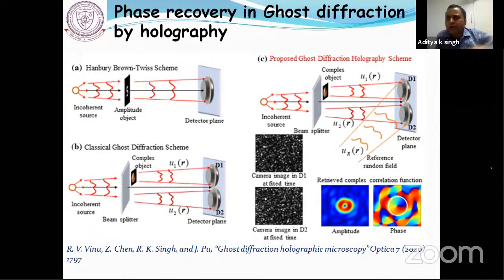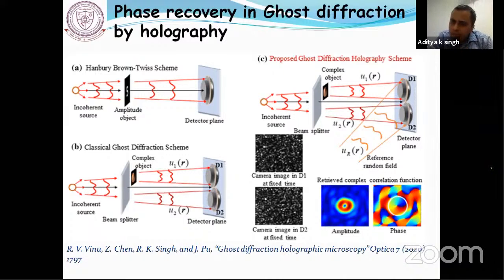This technique will not offer the phase information of the object. So we will not be able to say what the topological charge of the vortex is, or what the mode number is. Okay, what is the azimuthal mode? I'm talking about azimuthal. You can also extend to the radial mode, but here I'm just concentrating on the azimuthal, because it represents the phase structure.